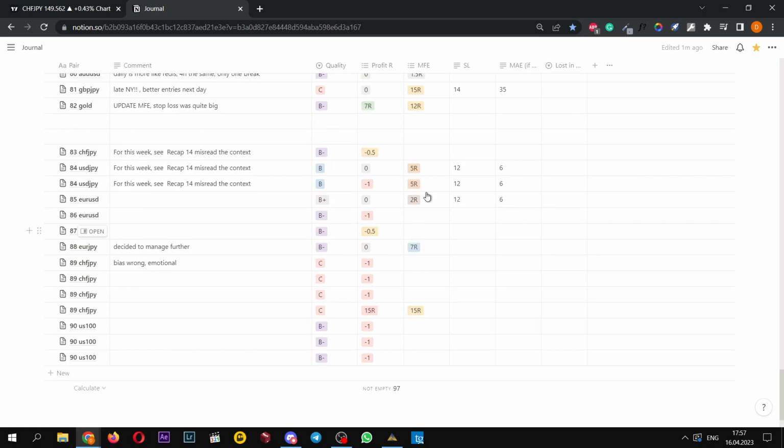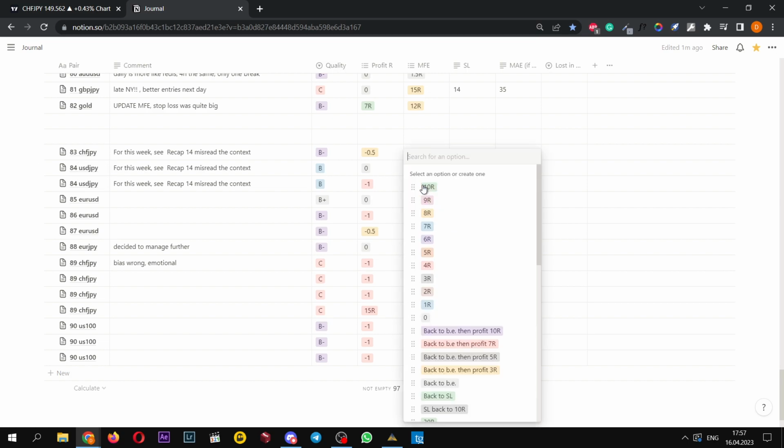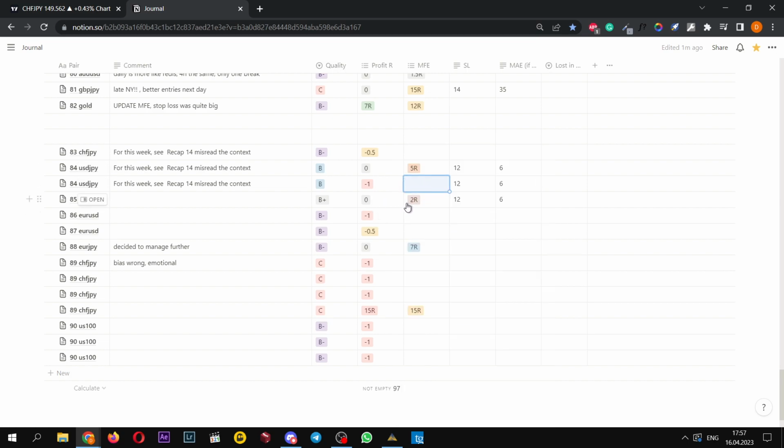So this week was pretty tough, a lot of losers, a lot of break-evens, some half stops. However, at the same time, I had trades like break-even, the trend to 5R. So this one is not like that. Then break even the trend to 2R, break even the trend to 7R, but I just decided to manage further. So a bit of confluence of unlucky trades, so to say, and